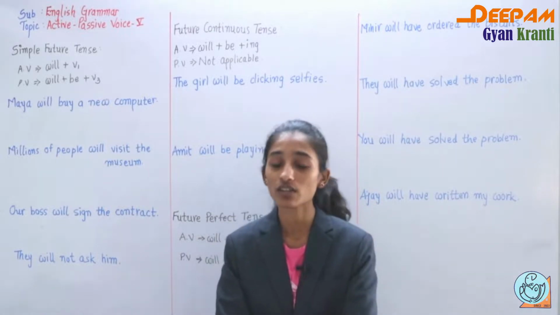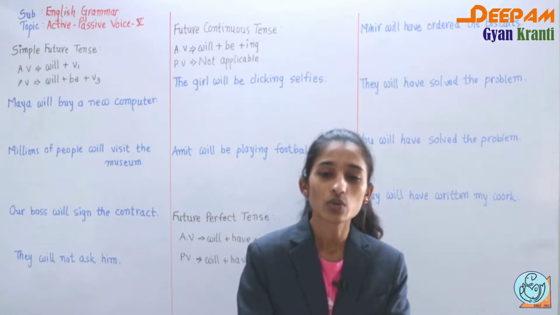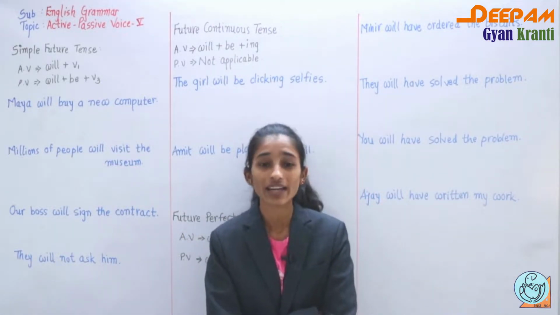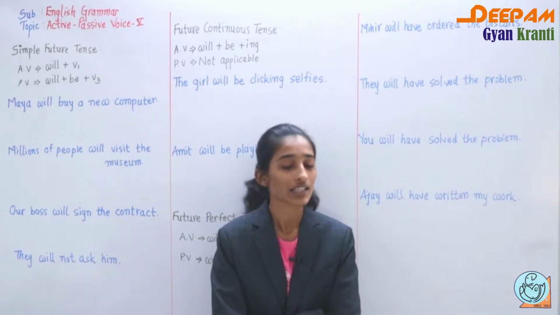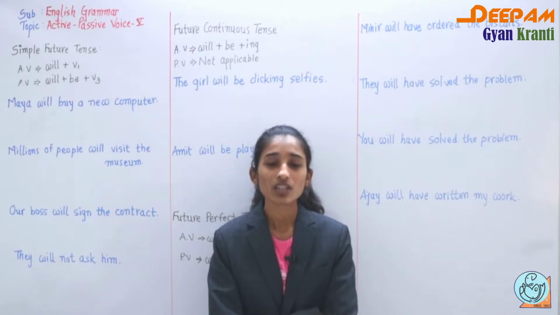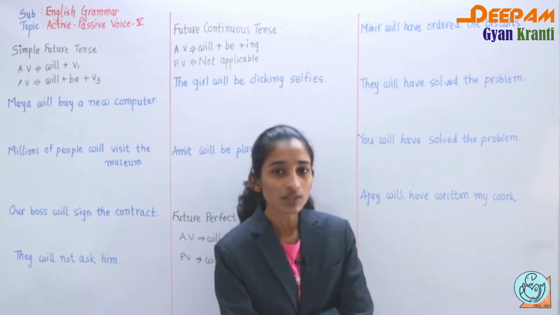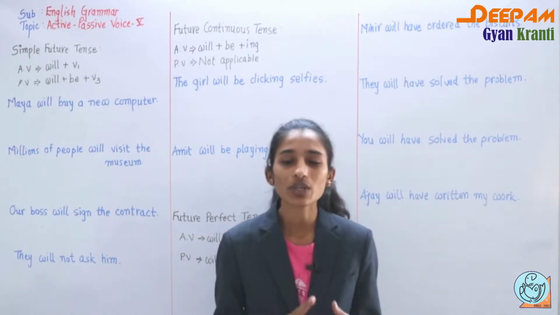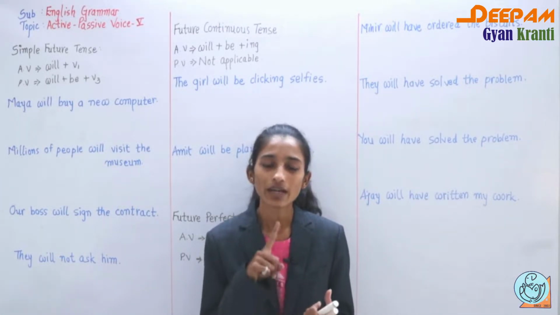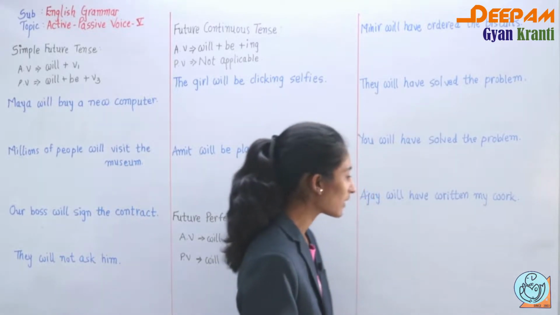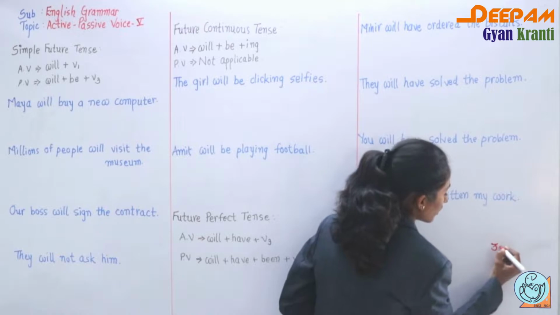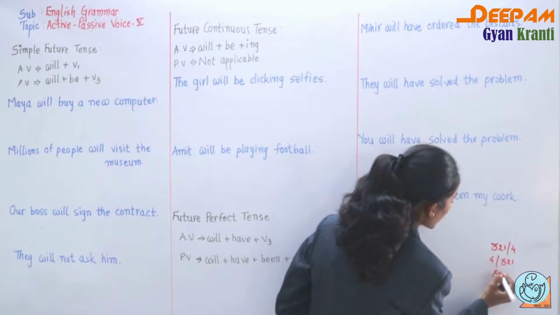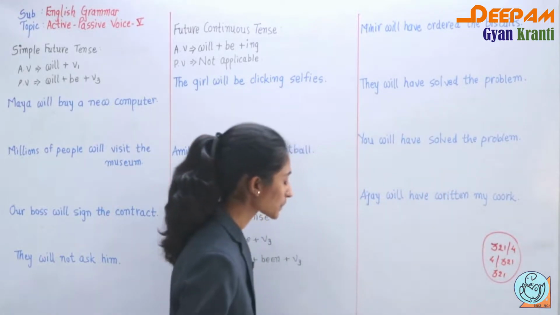Now you know very well what basic change you have to do to create the passive voice. The object plays an important role, so you have to put the object in the beginning of the sentence. Then you have to make changes in the helping verb according to the tenses, and then you have to change the main verb into V3, means past participle. Then you have to add by plus subject, and you know the number very well. 3-2-1 or 4-3-2-1. So these numbers you know very well, right?